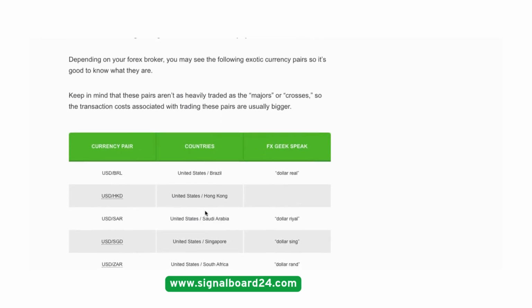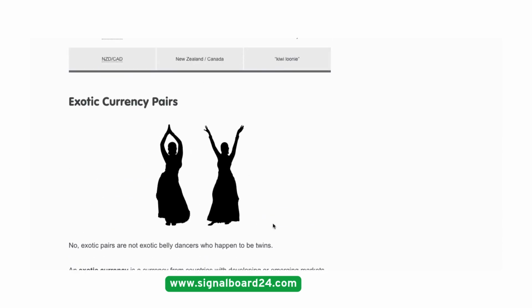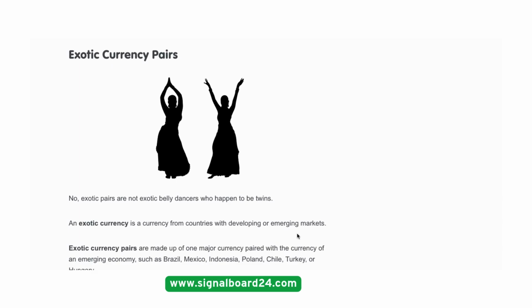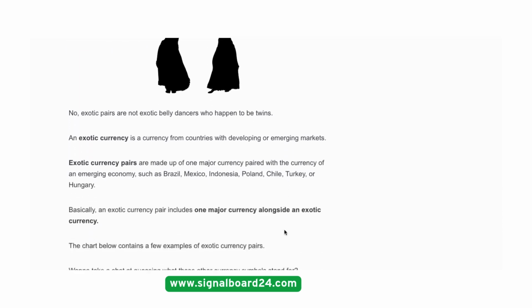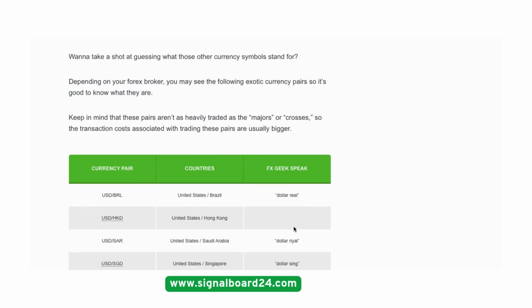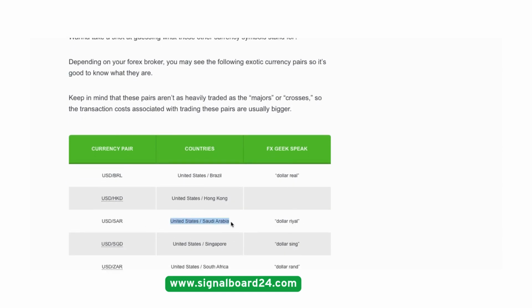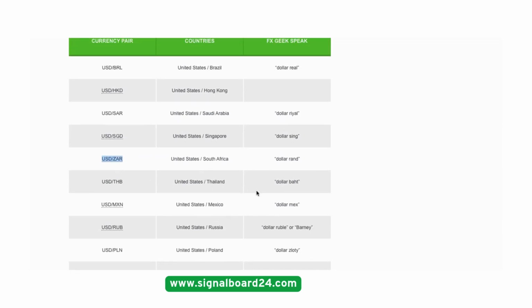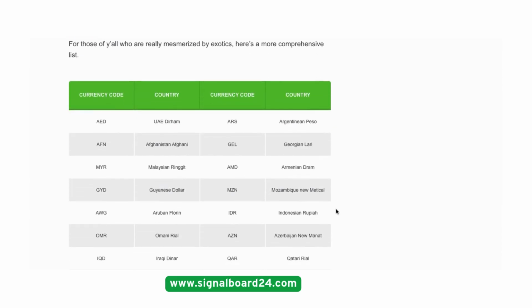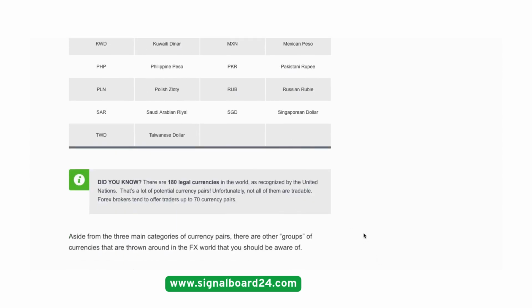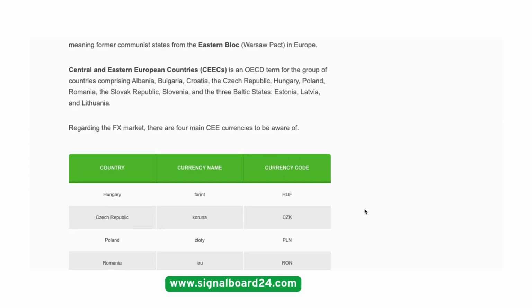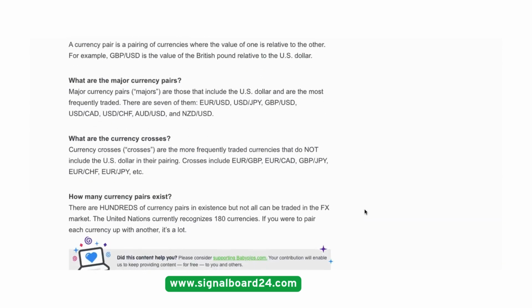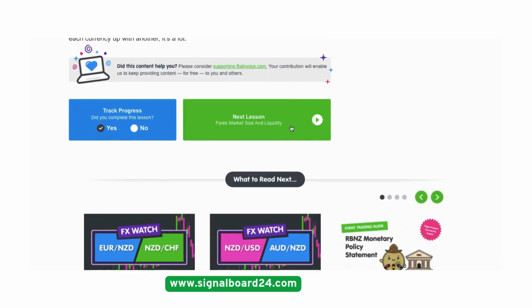All right, the exotic currencies are currencies from countries that are still emerging or developing, such as South Africa and Saudi Arabia. Mostly these currencies, like the South African rand, are really, really choppy, and it's very difficult to make money from them. Okay. All right, so these are currencies, and remember, when we're trading, it means we're exchanging one currency for another one.